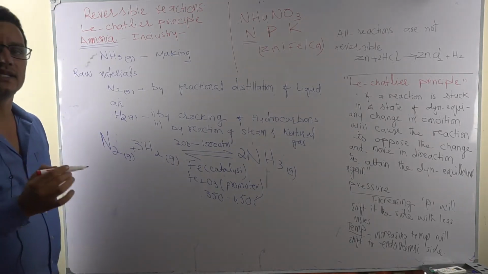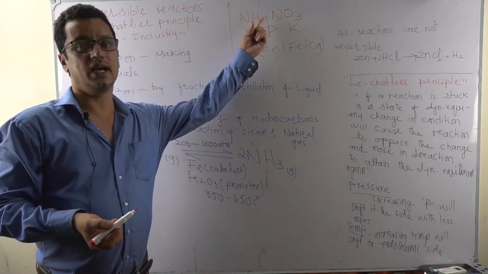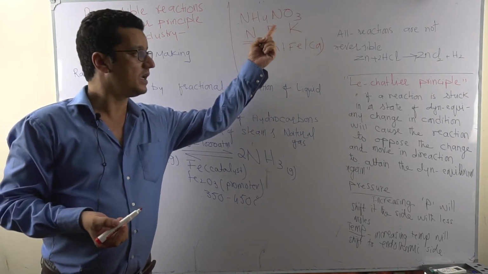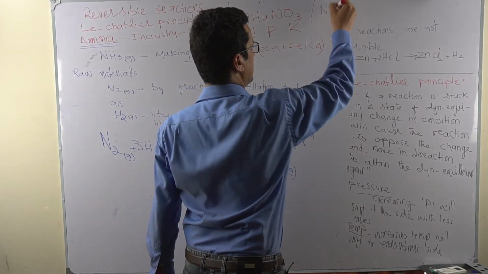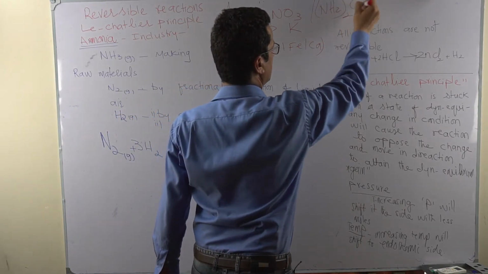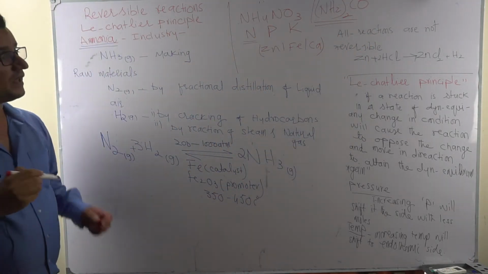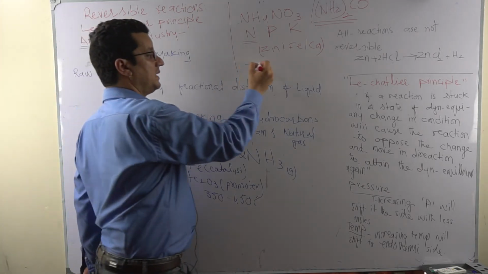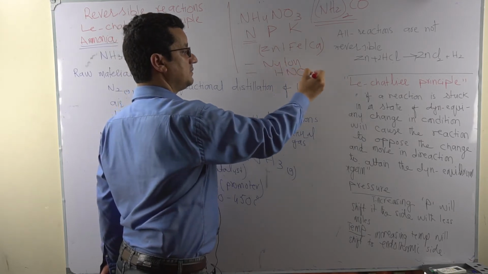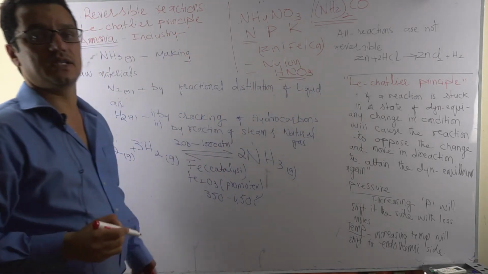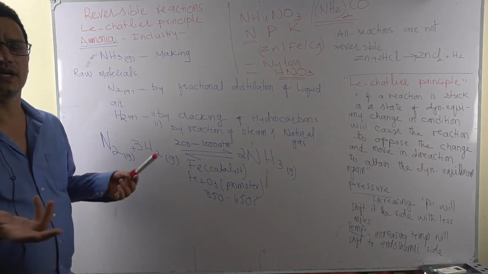Nitrogen especially, because that is needed for protein building, and ammonia is needed to make all sorts of fertilizers like ammonium nitrate, ammonium phosphate, ammonium carbonate, urea. Urea is the most famous common fertilizer that contains a large amount of nitrogen, 35% plus. You also need ammonia for making other things like nylon. You need ammonia for making nitric acid, and nitric acid can later be used to make explosives, TNT, fireworks, so many other uses.